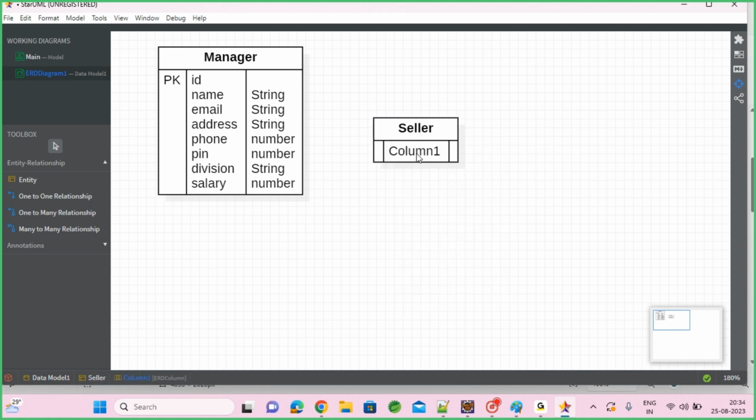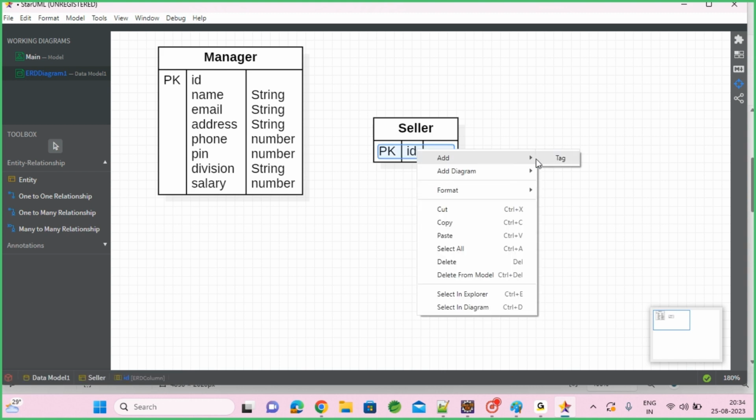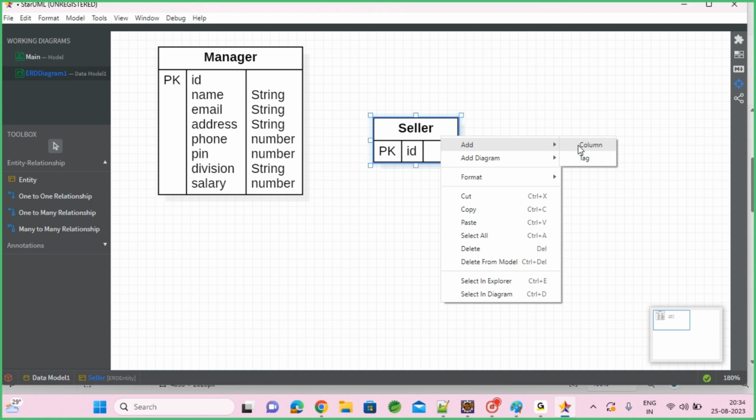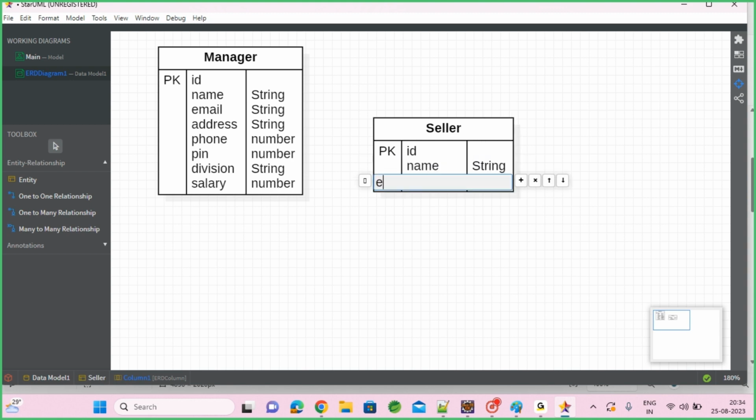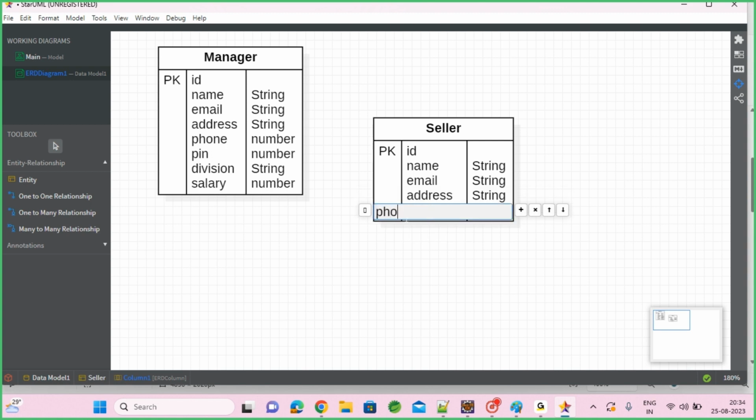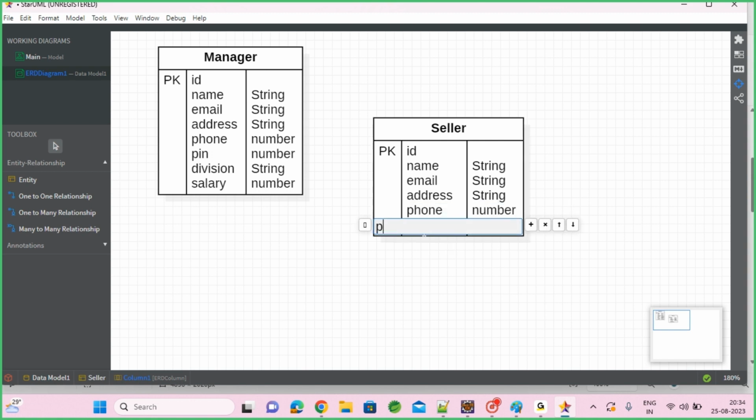ID. For any table, ID is mandatory. It should be the primary key. Add other columns, same as before: name, string; email, string; address, string; phone number, number; pin code, number;